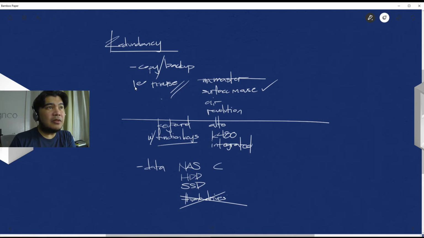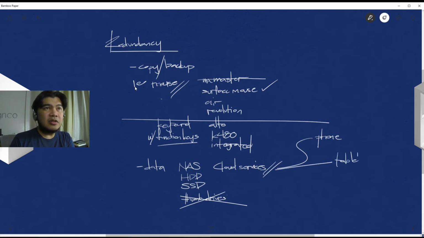Oh, we also have cloud services, of course, and you would eventually want to be migrating to this, which allows you to work with your files from virtually any device that you have with you. So that could be your phone, which is almost always charged and present with your person, a tablet,